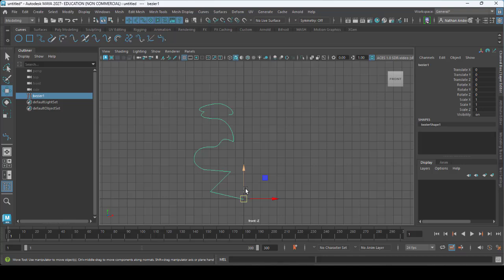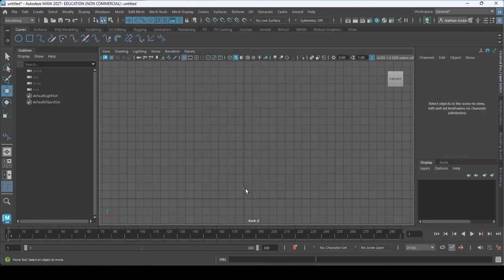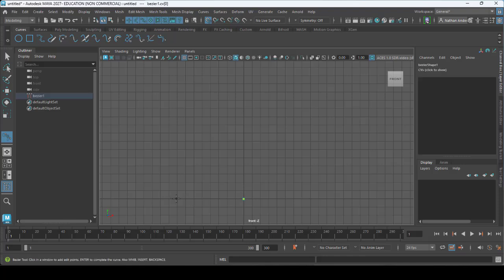I'm going to delete this and make something a little bit more recognizable as a shape. It starts with Bezier. I'm going to press and hold the X key, and that's going to snap these first 2 points onto the grid here.